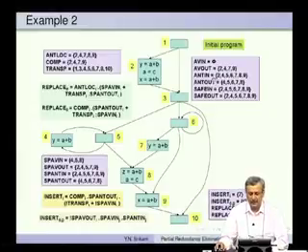Anticipability is true at the input points of 2, 4, 5, 6, 7, 8, 9. So, why is it true here? Because a plus b is computed right here. So, let us take 7, again true because a plus b is computed right here, and 9 also the same thing.